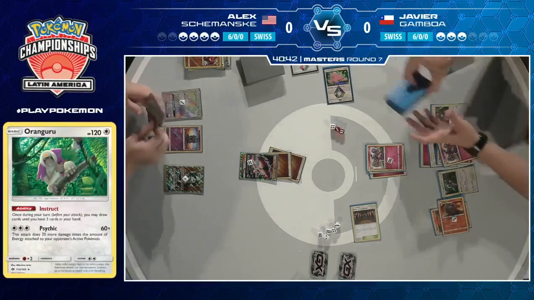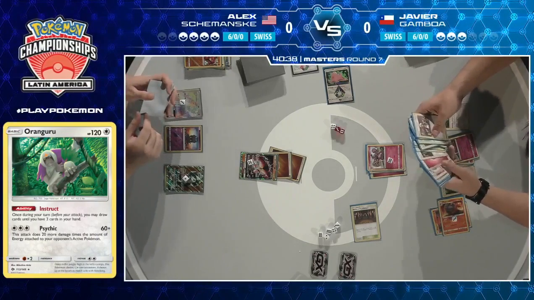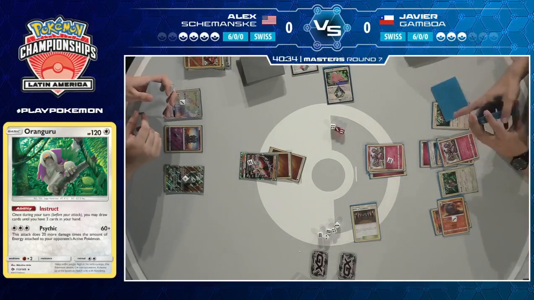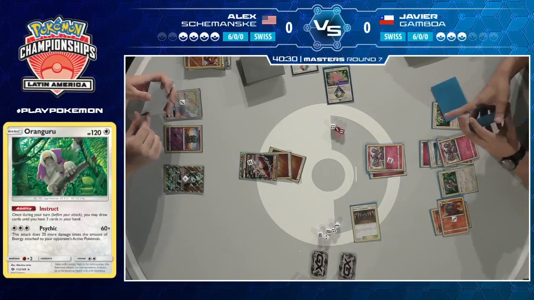He's already got his hand down to 0 again. He can just Smooth Over again, put whatever he wants on the top of his deck for next turn, and yeah, I mean, he is just running away with this game right now. And looks like he's putting Guzma to the top. He's at the end game situation. He can simply knock out this